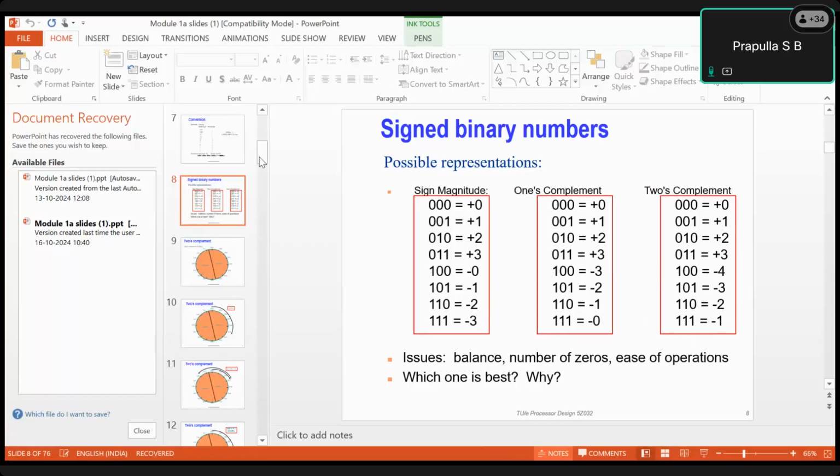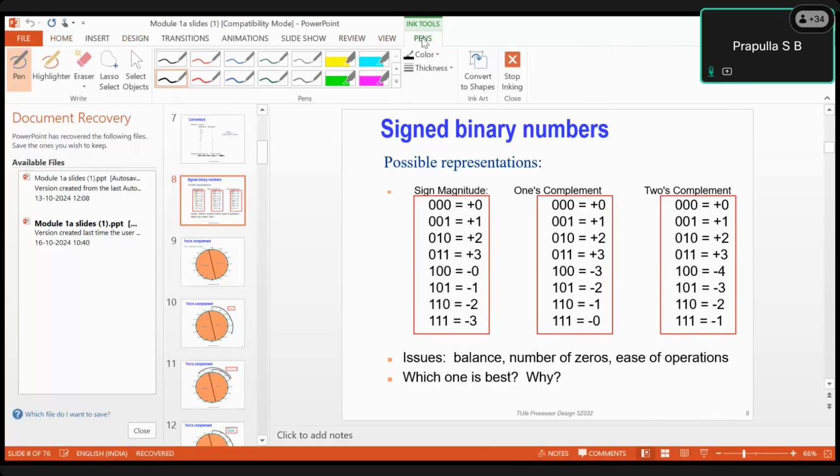So that is why the twos complement method is widely used in systems for representing numbers, because here you have two representations for 0, here also you have two representations for 0. So these two methods are not used. They make use of the twos complement method. Okay, so this is where we use twos complement for subtraction. And you will see even in multiplication and all, we will be making use of this twos complement